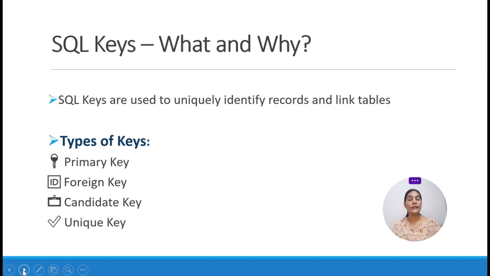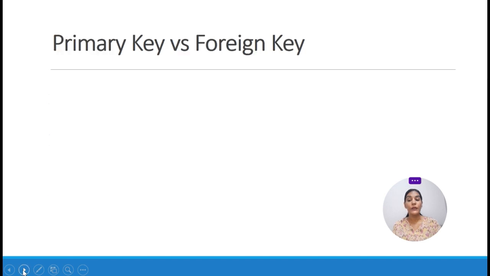Next will come the concept of keys. Keys are used to uniquely identify the records and link tables. There are many types of keys that we use. The most important ones are the primary key, foreign key, candidate key, and unique key. Let's discuss the concept of the primary key.